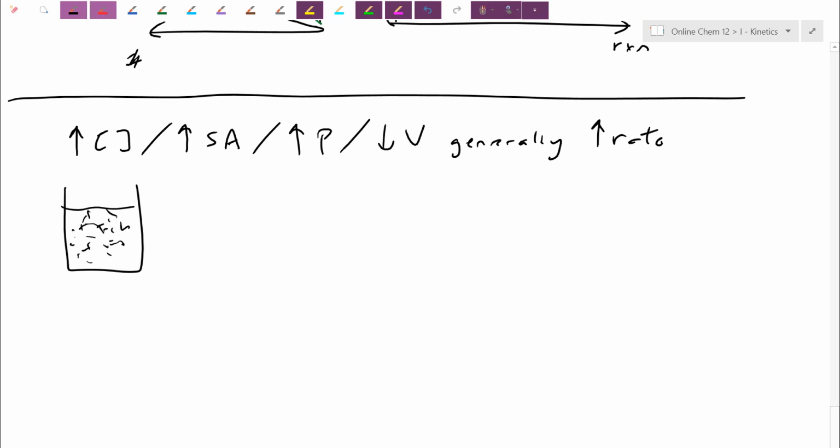For a high surface area, it's only for heterogeneous. I'll remind you of that word there. They always like asking which factor only applies to heterogeneous reactions. In this case, for heterogeneous, when I have different states like a solid and liquid, when I'm a large chunk like this, it's only the outer particles that can actually react. What if I took that chunk and snipped it up into a fine powder? In that case, in a fine powder, the particles can collide, more particles are exposed,